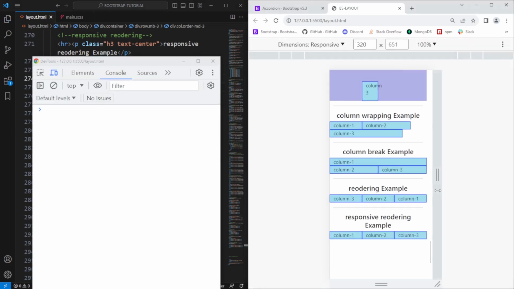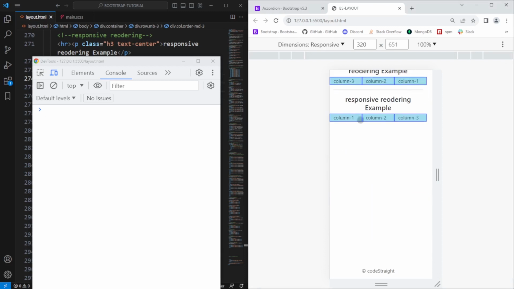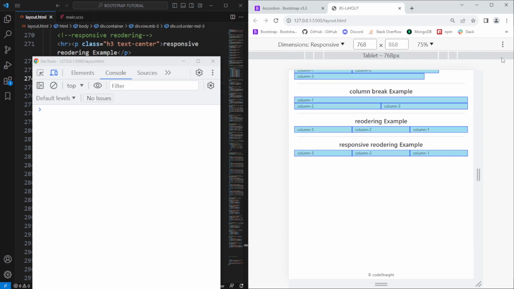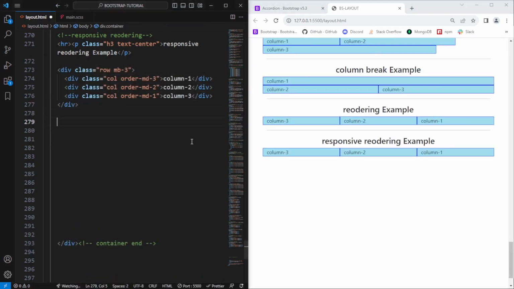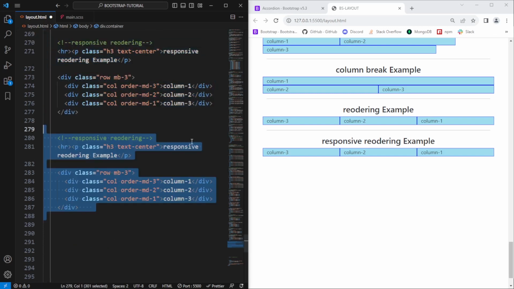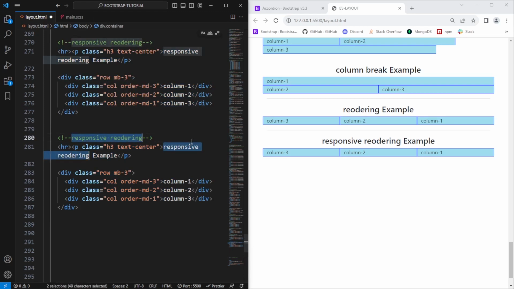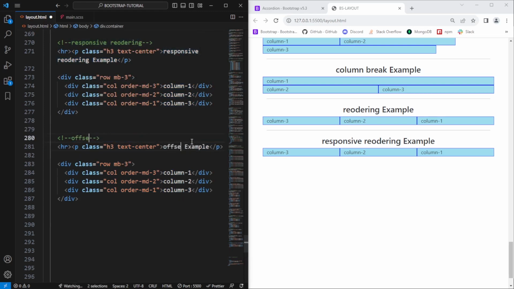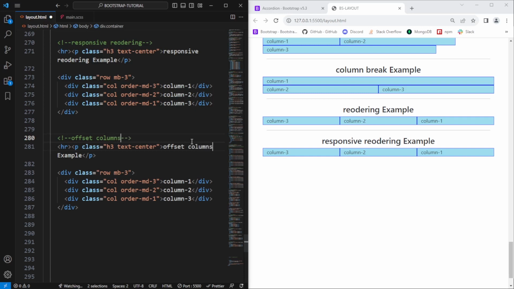And for smaller screen sizes, we have the default positioning of all of these 3 columns, whereas for medium and larger devices, this is the layout we have. Alright, and now let's talk about if you want to, you can also, let's make a duplicate and let's type in here offset columns, and